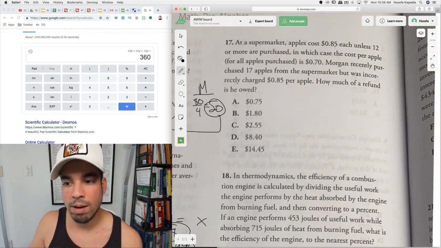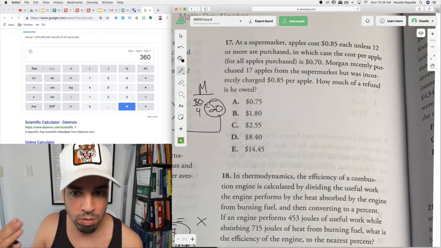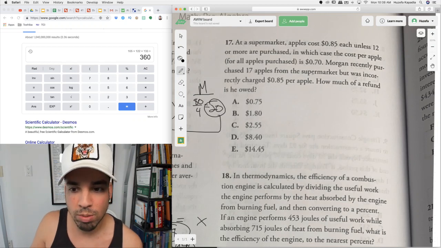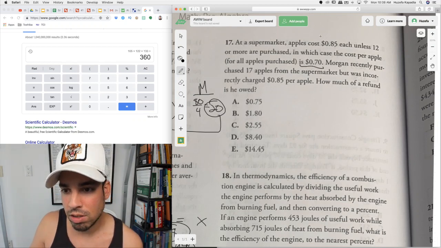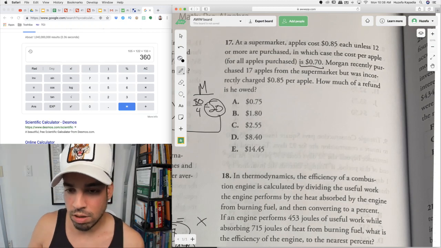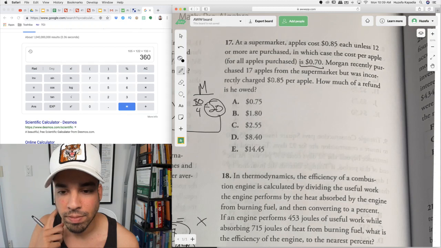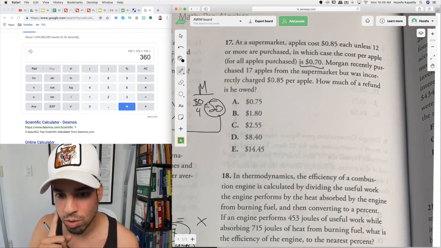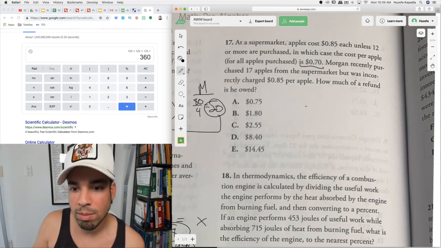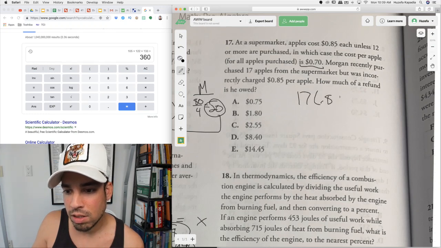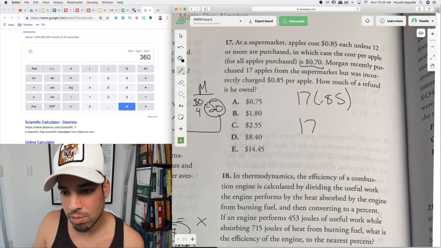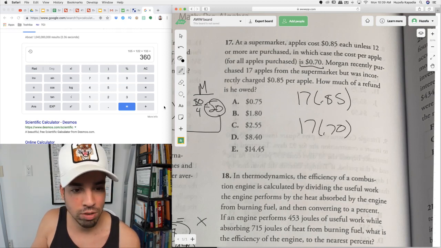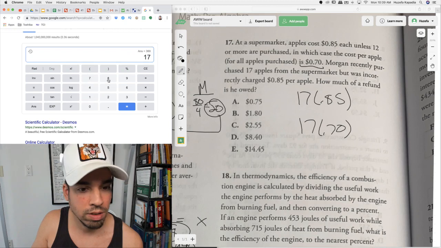At a supermarket, apples cost 85 cents each unless 12 or more are purchased, in which case the cost per apple for all apples is 70 cents. Okay, Morgan recently purchased 17 apples from the supermarket and was incorrectly charged 85 cents per apple. So she did 17 times 85 cents. And how much is she owed? Well, she should have only paid 17 times 70 cents. So we basically take the difference of these two. 17 times 85 equals